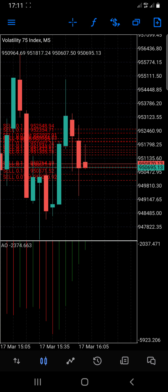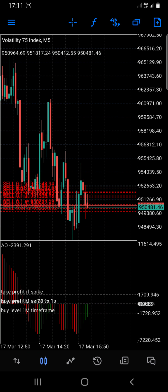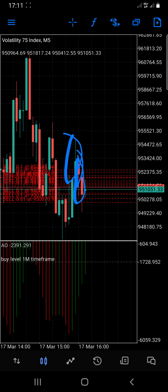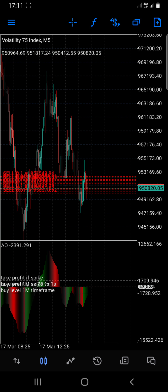You can see this long candle here that returned. So pay attention to these candles when you're trading. You see it return like this. 1, 2, 3. Now it's trying to break this point. Then if we zoom out a little, you can see that